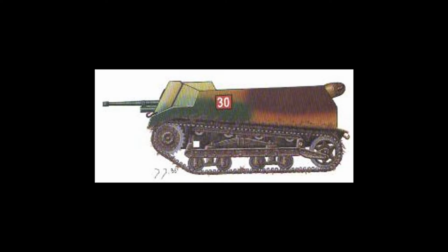They realized the FT tank was a bit outdated and a bit long in the tooth now, so they wanted something a bit newer. They went out and tried to purchase some armored cars from France and all over the place, but no one really wanted to budge and nothing met their requirements. And the industrial capacity couldn't allow them to build anything really major like Germany or Britain or America or France. So they tried to figure a way around this. And after the coup, I can't remember the general's name, he invested a lot of money into the tank development program, and he came up with the